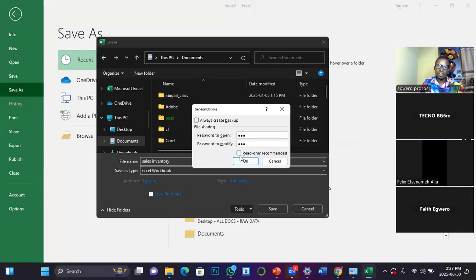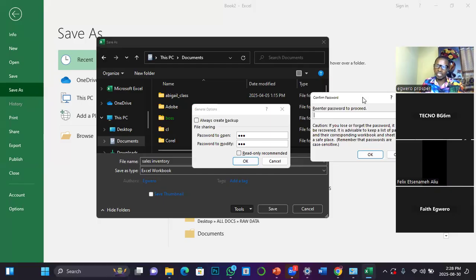And then if I want to send this particular sheet to someone else across the internet, and I don't want anybody to tamper with it, I can say, okay, encrypt it in a read-only manner. That is, if you come across it, you can only read it, you cannot modify the content. So if that is your intention, you activate this. But if your intention is to send it to someone else and the person should be able to edit it, then there is no point in activating this. So just click on this, and then it will ask you to repeat the password for confirmation purposes. Repeat the same password, 123, and then click on OK.